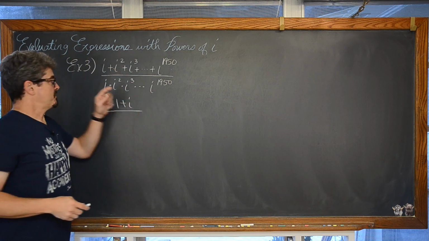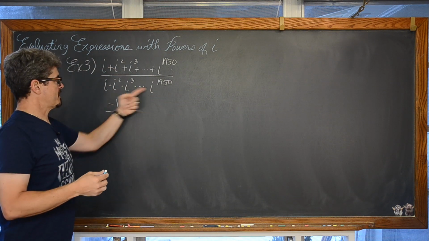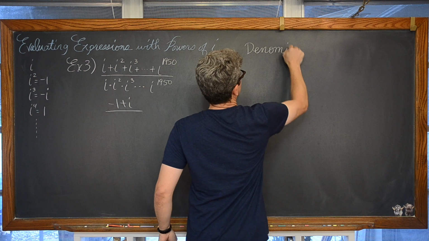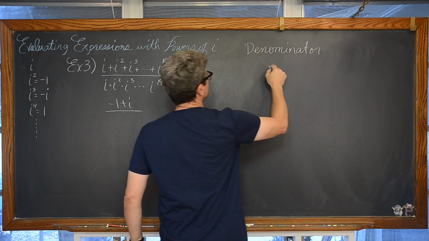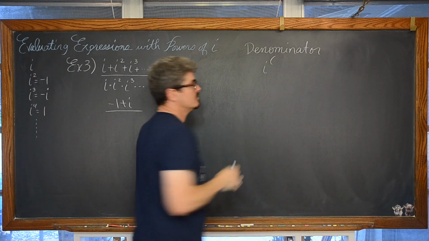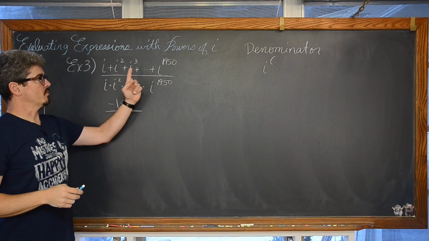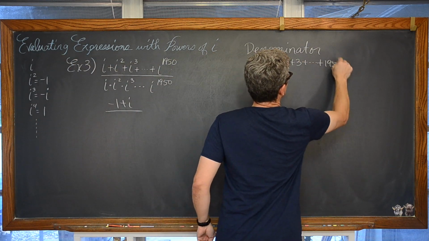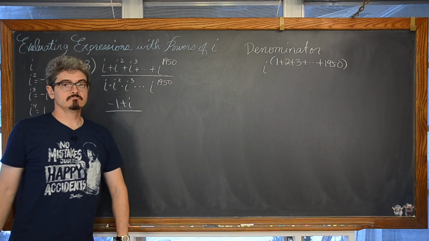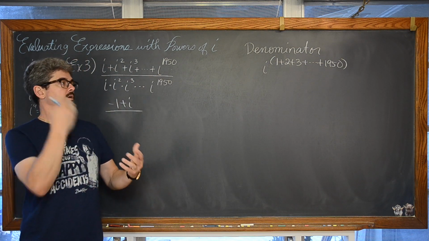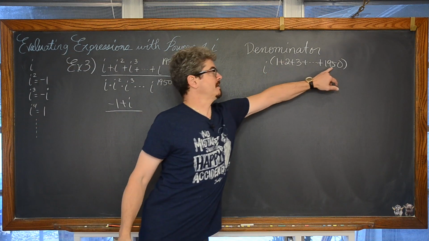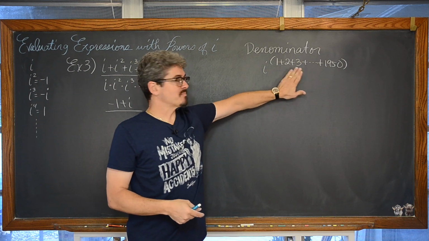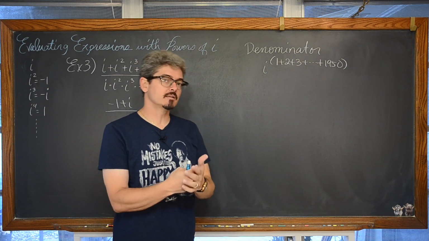Now in the denominator we have a bunch of multiplications, and of course when you multiply like bases, all you do is add the exponents. So for the denominator, we have i raised to the 1 plus 2 plus 3 plus 4 plus 5 plus all the way up to 1950. Well, it might be pretty simple, but do you recognize that pattern? You have a partial sum of terms that are created not by multiplying this time, but by constantly adding. Our exponent is a partial arithmetic sum.